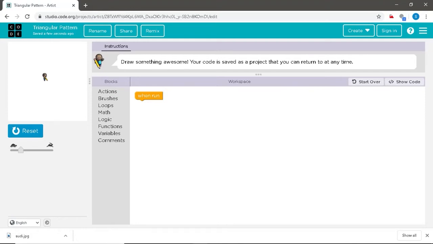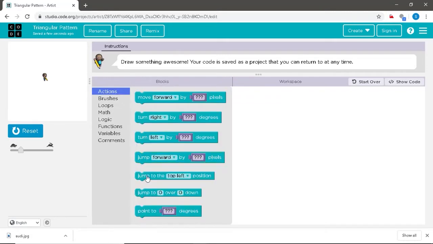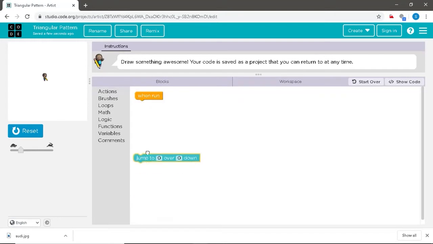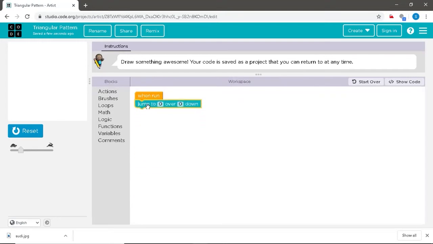Now, as you can see, the artist is in the middle of the visualizing section. So to change its position, we'll have to go to the actions category, drag the jump to command and assemble it. As you know, the jump to command is used when we do not want the artist to trace the lines while moving.